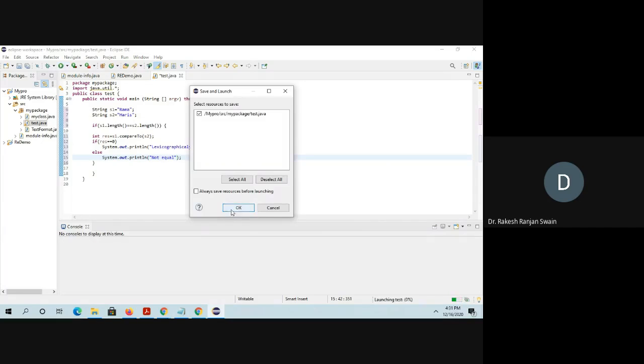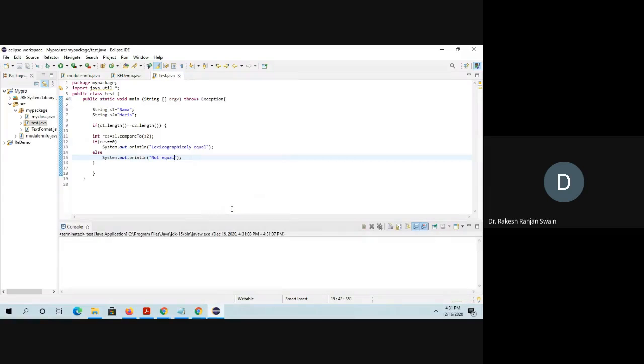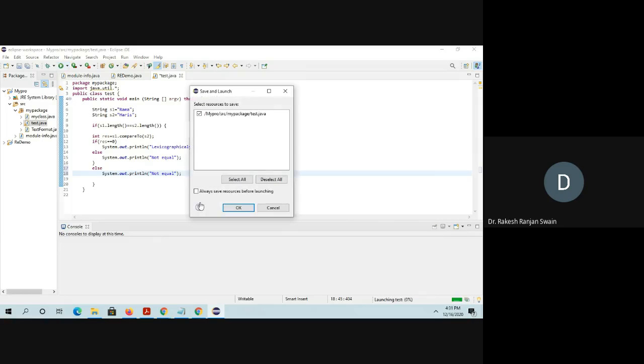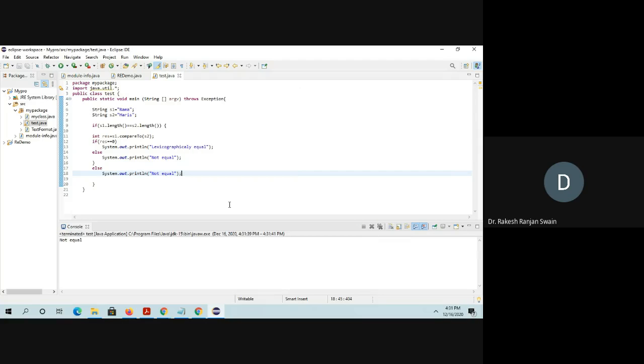It will first check the length, and after this if, we can write another else: not equal. That means if the lengths are not the same, it is also not equal. Lexicographically equal means the two string lengths are equal and each character is also equal. So here the two are not equal because the lengths are not equal.